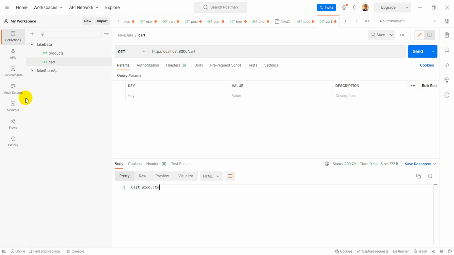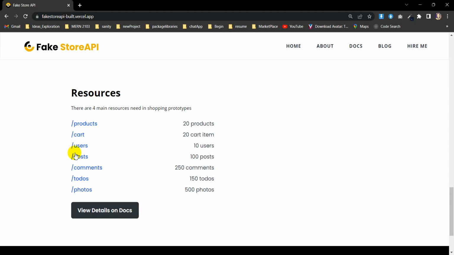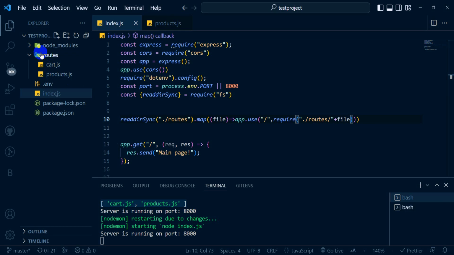If we go to our Postman, go to products and send the request, the product data is available and working. And if we go to cart and click it, the cart's data is available. So we have product and cart. Now how many do we need? We need the user, post, comments, to do, and photos. So let's create the user,